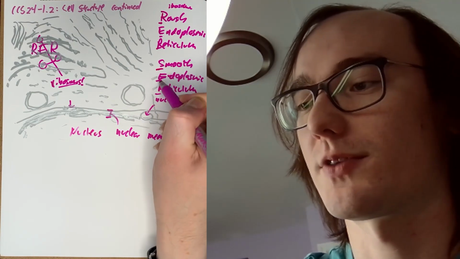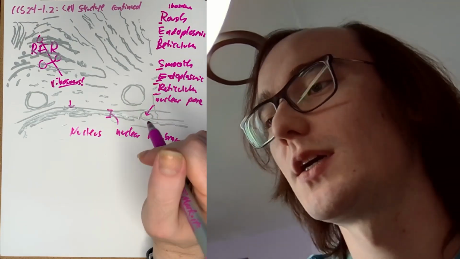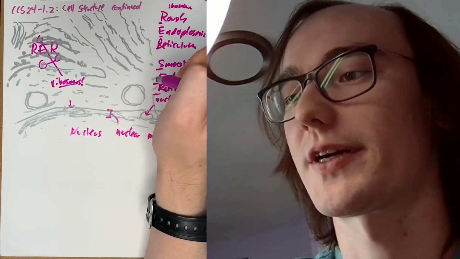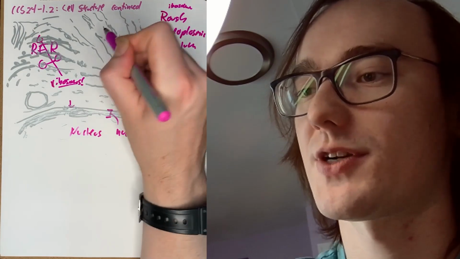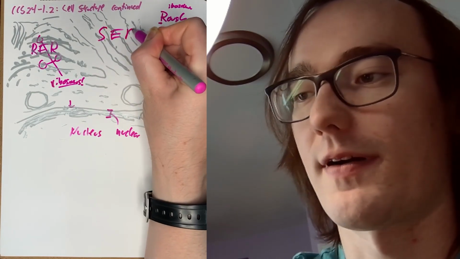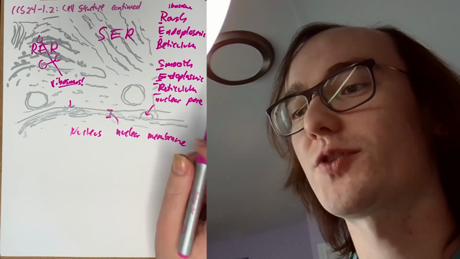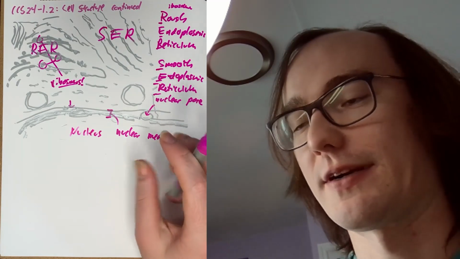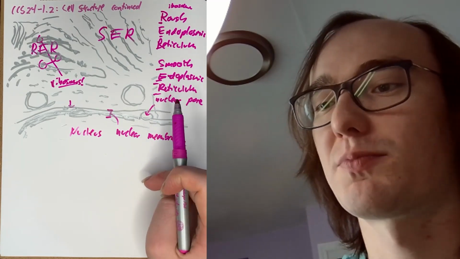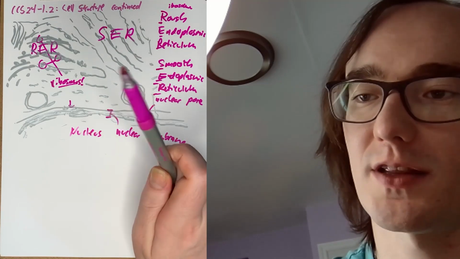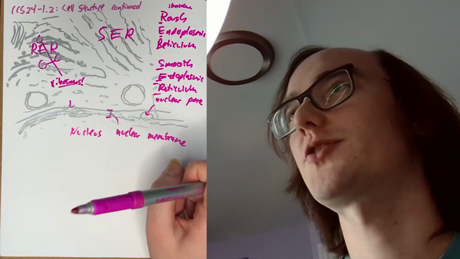So maybe that's what the smooth endoplasmic reticulum does. And that is definitely part of its function here. It's represented on this image as SER, like that. Now, different cells have different proportions of smooth endoplasmic reticulum and rough endoplasmic reticulum, and they also have totally different